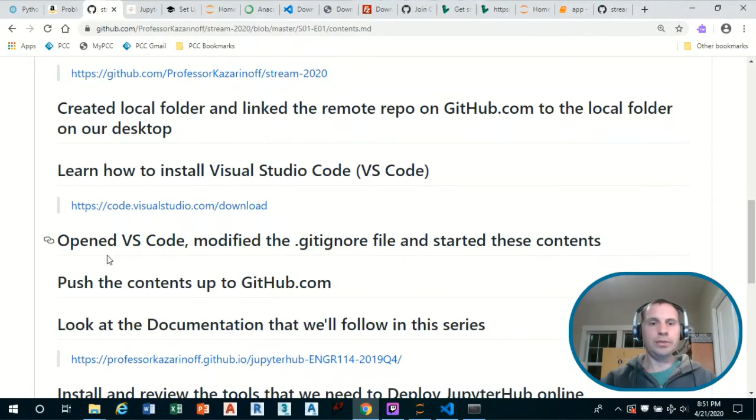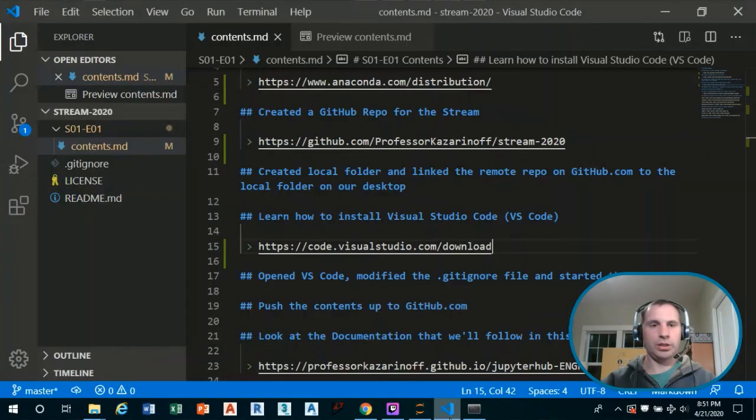So next, what we're going to do is just make sure that our gitignore file is all set up for the rest of our stream here, because I don't want to accidentally add any files that shouldn't get shared publicly. So I want to do that quick here.